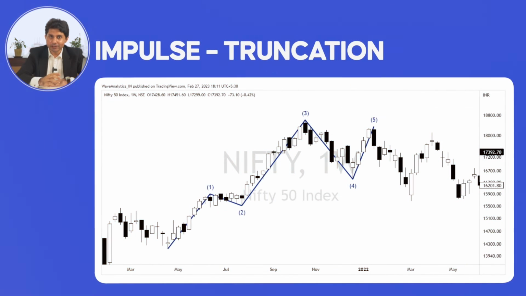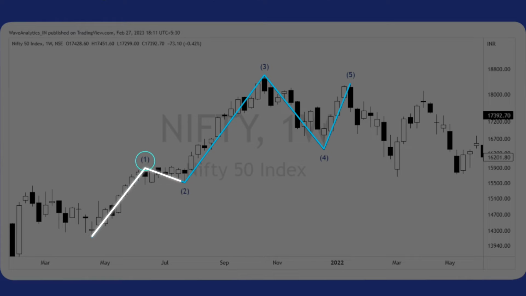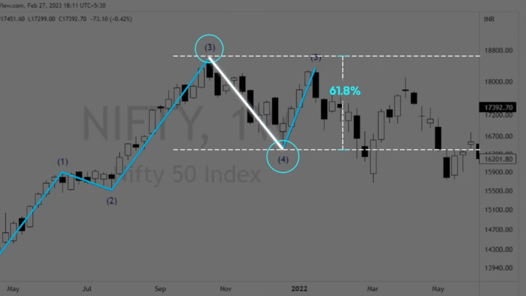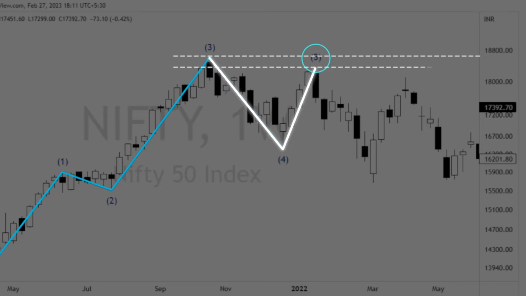On the daily charts of Nifty, after a very long consolidation in June-July 2021, which you can see as the wave 2 formation in this case on this chart, there was a wave 3 extension. It was a fairly good extension. And after that, there was a wave 4 deep down. It retraced nearly 61.8% of wave 3, yet it did not touch the wave 1 zone, wave 1, wave 2 territory, that is. And after that, we have had a wave 5, which topped out at around 18,350 or something in January 2022. As you can see, it did not go above the wave 3 zone, wave 3 high.